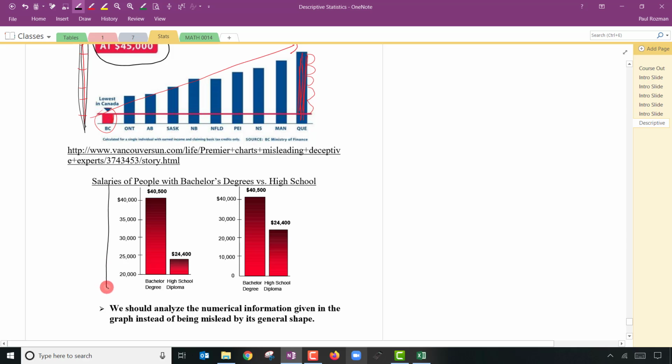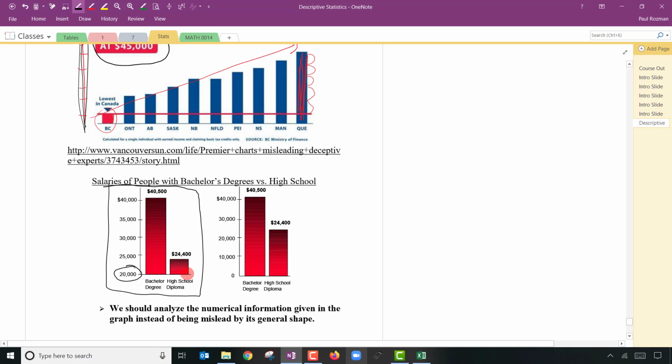So your guidance counselor shows you this plot and says, well, if you go on and get your bachelor's degree, you'll make this much money on average. But if you just get your diploma, you'll only make this much money. You can tell this screenshot's from a fairly old book, or maybe it's American, because these values are pretty small for Canada, I would think. When you actually look at it, you'll see that the scale starts at 20,000.